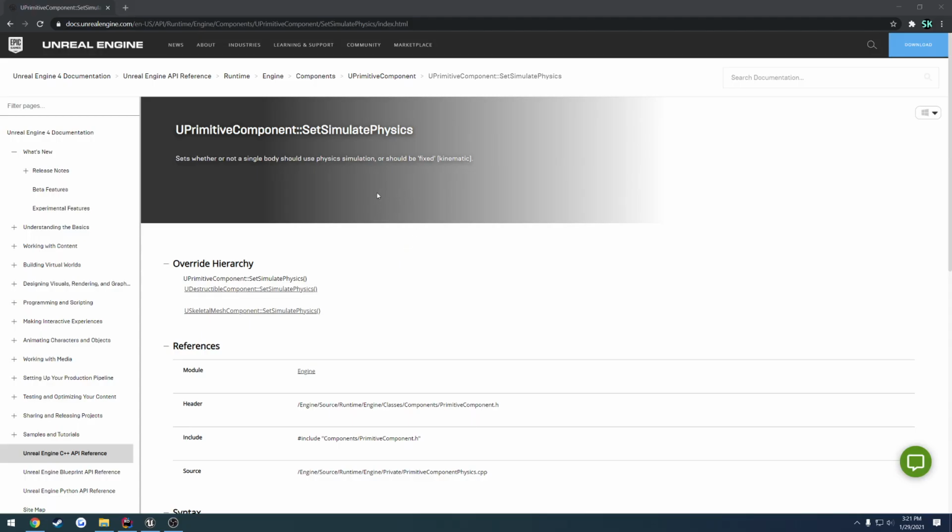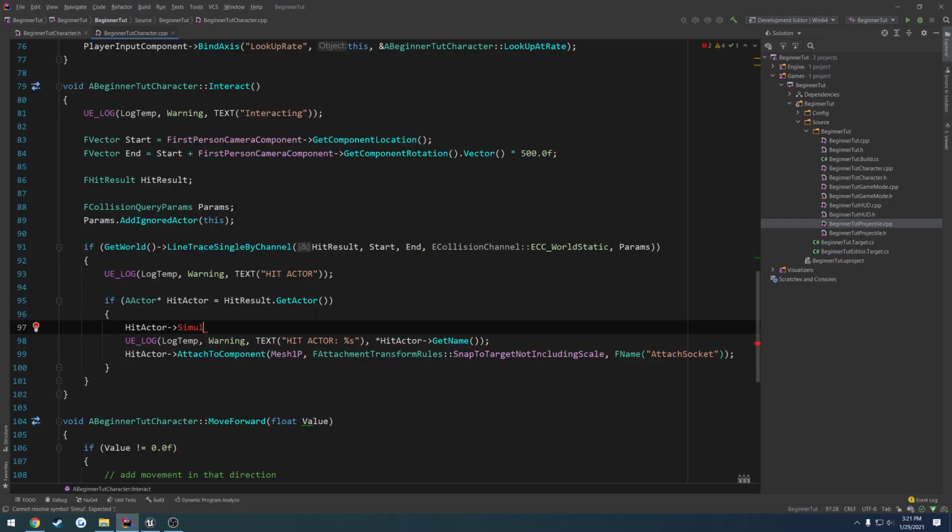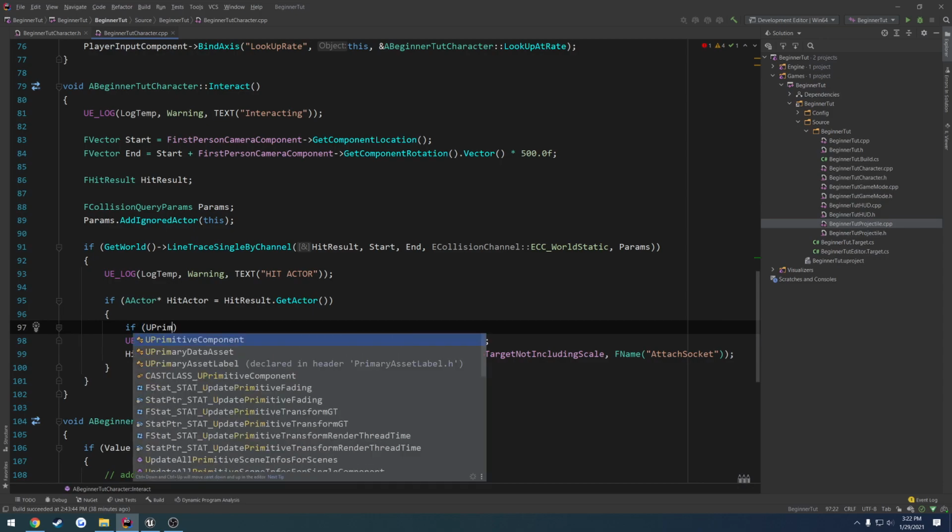Okay, I went over and looked on the wiki, and to call set simulate physics, we have to get the primitive component. What we're going to do is get the primitive component from hit actor using casting and a function called GetComponentByClass. So we're going to wrap this in an if statement. We're going to do UPrimitiveComponent